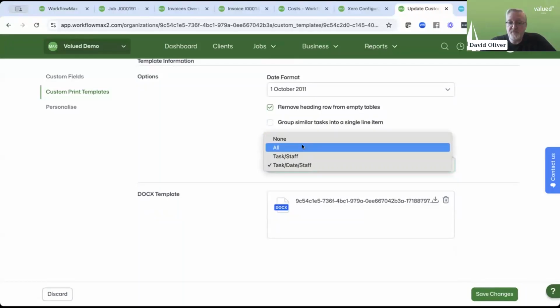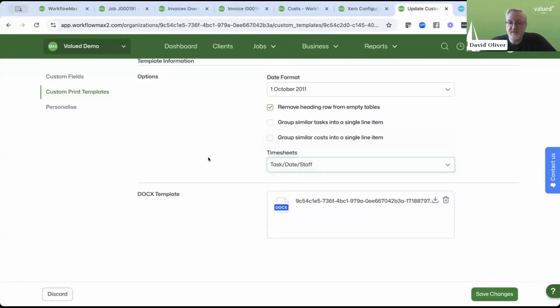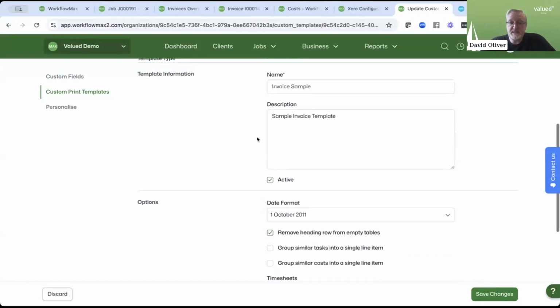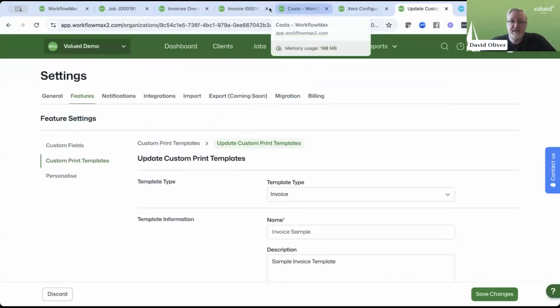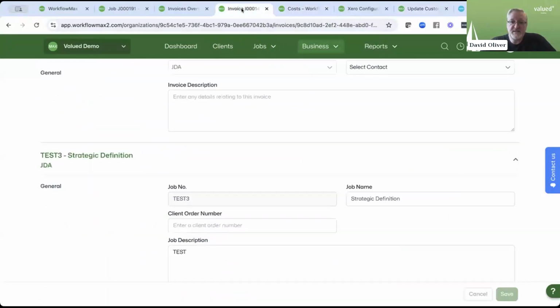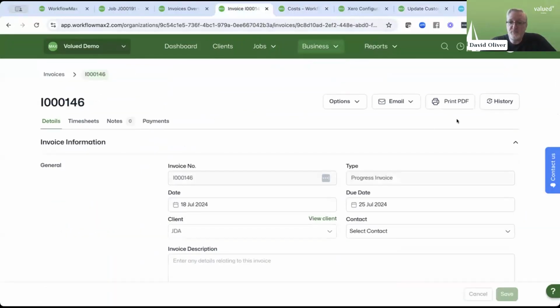Are we including none of them, all of them, or the various details that we see there? At the bottom is our ability to upload that template into the system, and the upshot of that is that any invoice that I have raised to my client, I can now print. So if I choose to print my invoice, one moment please, we will see that we get a series of